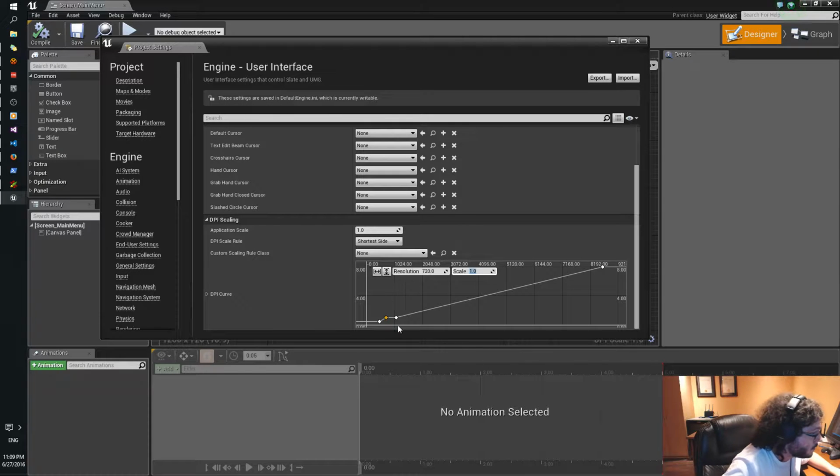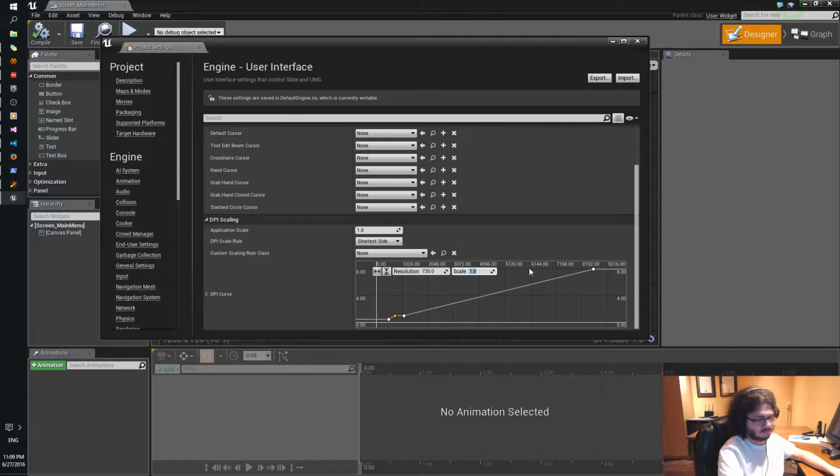Scale 1, and now, which would mean that 1080p would be 720 divided by 1080.